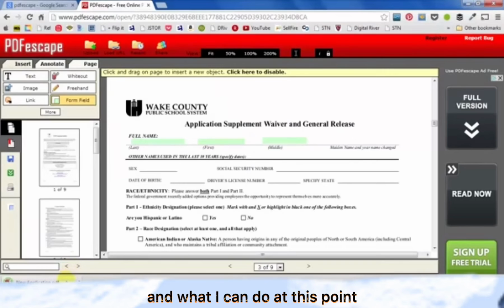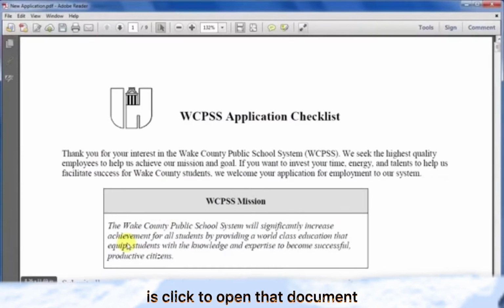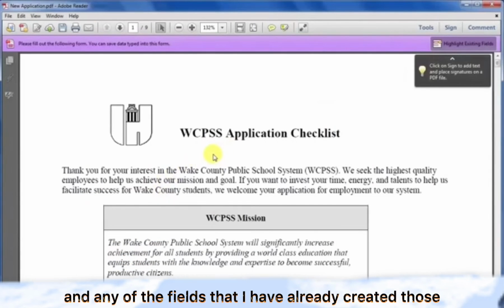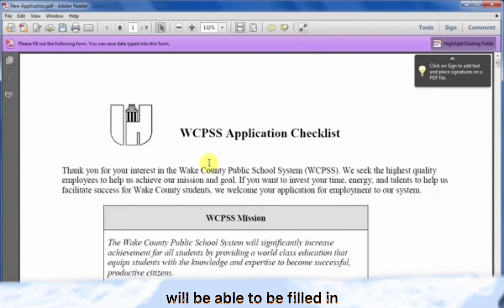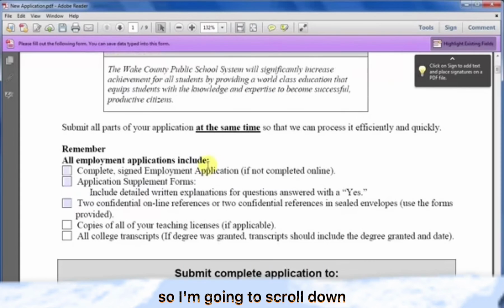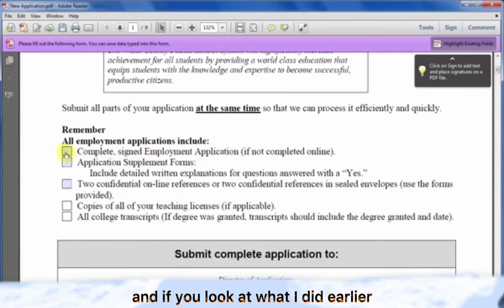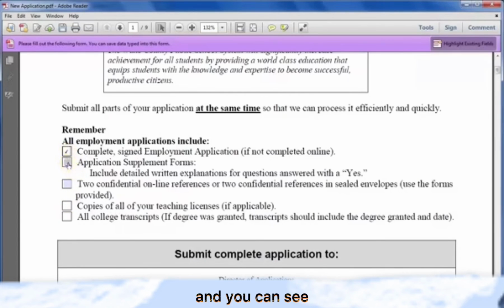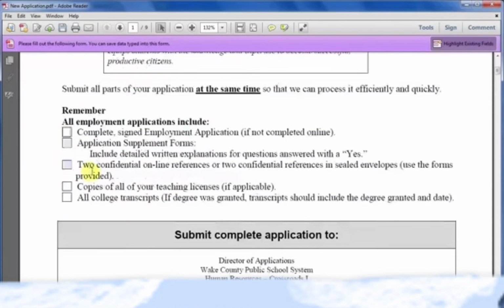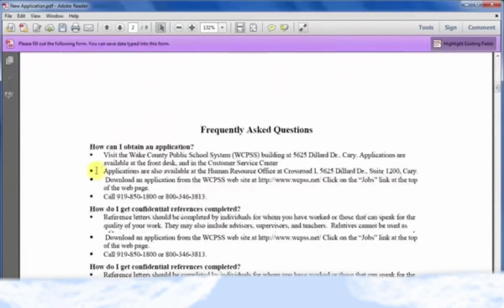What I can do at this point is click to open that document, and any of the fields that I have already created will be able to be filled in. So I'm going to scroll down. If you look at what I did earlier, only the fields that I selected and added the modifications to allow me to provide input. So I'm going to click here, and you can see I can add in all the check marks that I want. And of course I can uncheck it if I desire. And if I move down a little bit further,